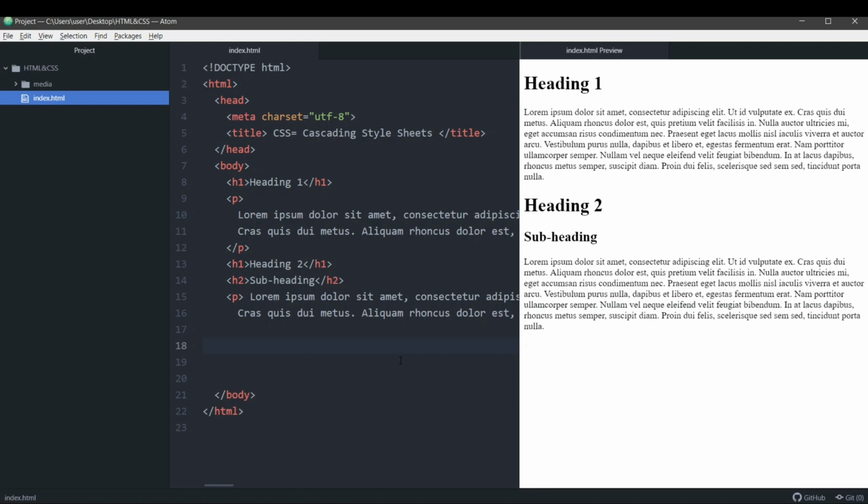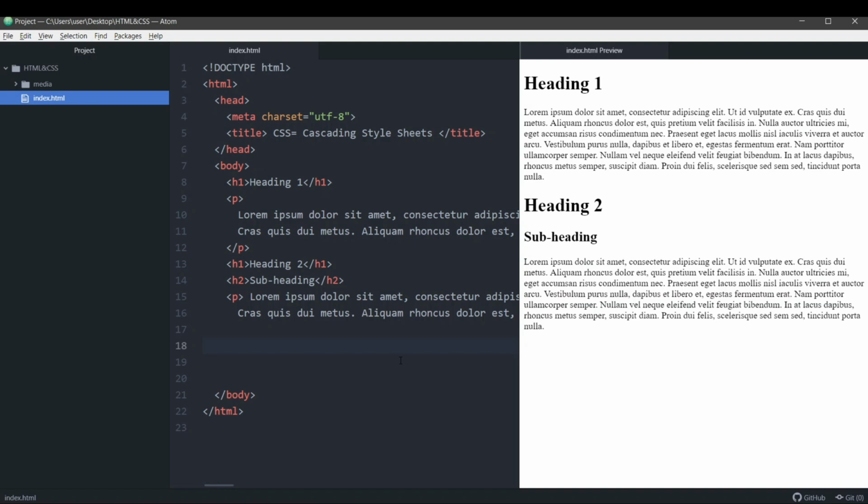Then the internal CSS is also called the style tag. It is just used to structure a single web page. If you have a single web page, then you can use the style tag. And then the third one, the external CSS, is also called the style sheet. When you have a website which is a collection of many web pages together, you can always use the external style sheet to add styling to your website.